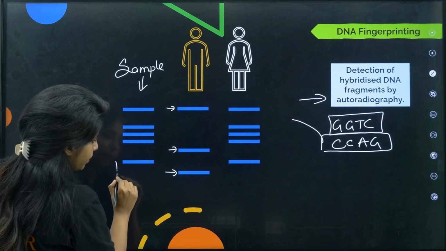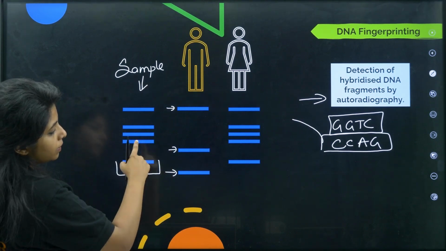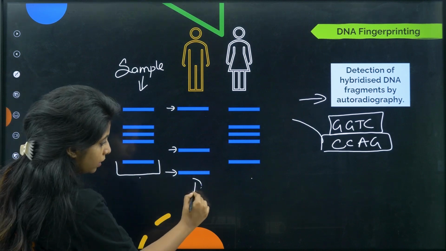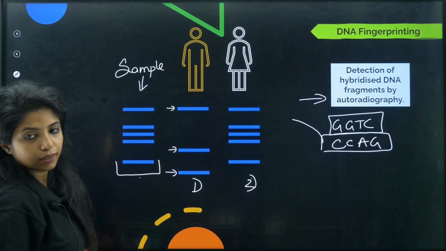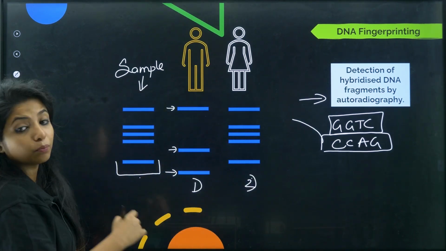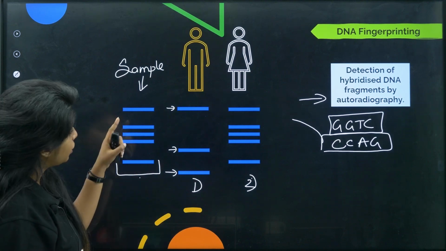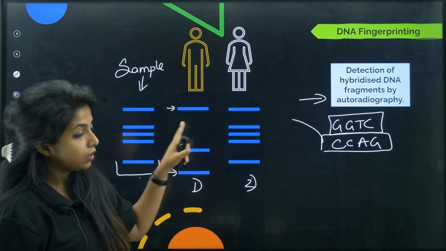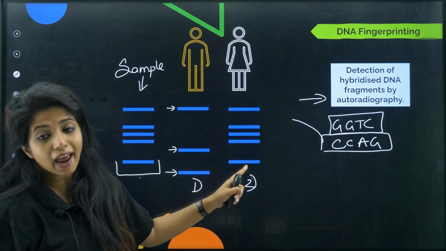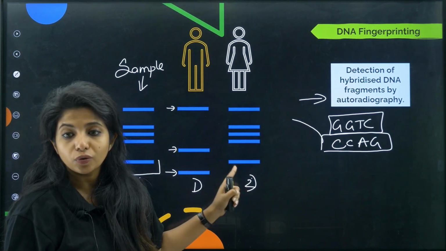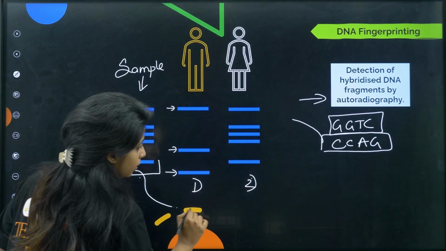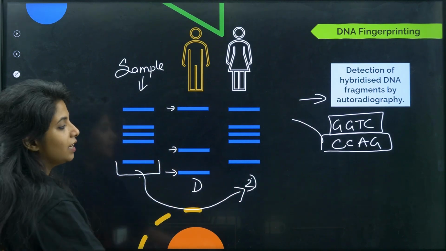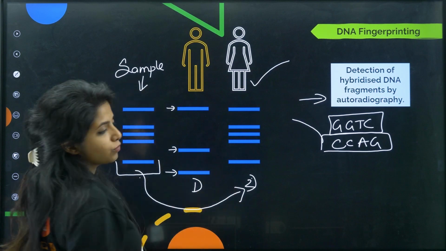And now I see this was a sample that I had. You tell me, is it matching to this or is it matching to this? This is 1 and this is 2. Onto which is it matching more? Over here, this strand is there, this strand is also there, this is there, this is also there. It's the exact same thing that I got over here. So you tell me, the person who committed the crime, who is he or she? It is a she, and she did the crime, children.